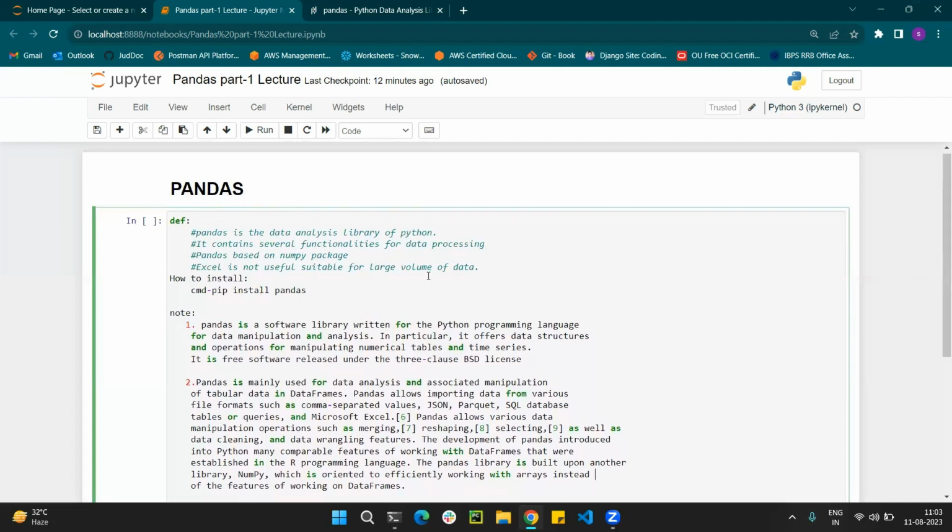Pandas is also one of those packages. It is used for data analysis. Whenever we do analysis on data, it may be in the format of an Excel sheet, CSV, or text, or any sequential data. It does not matter.